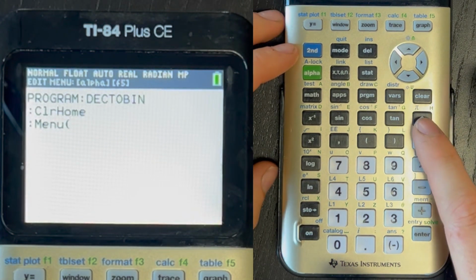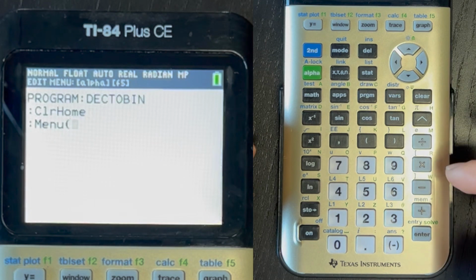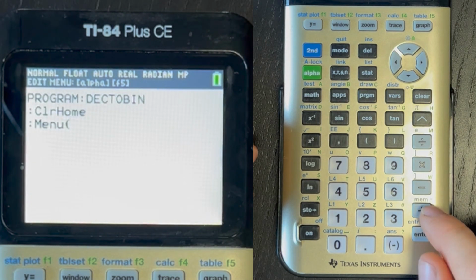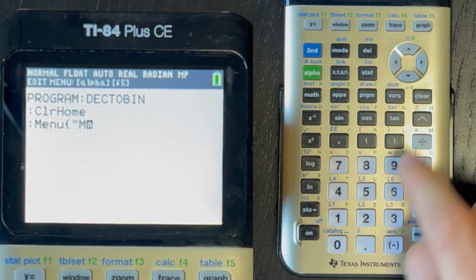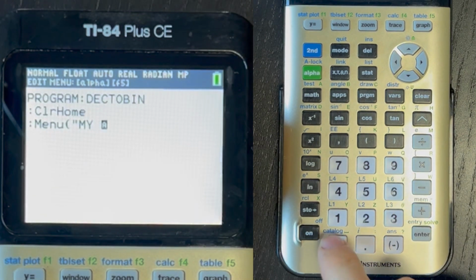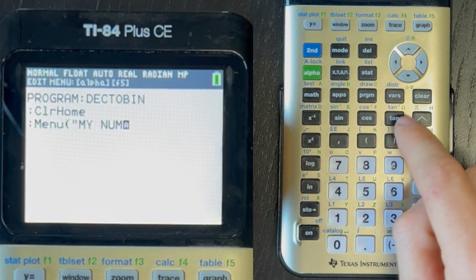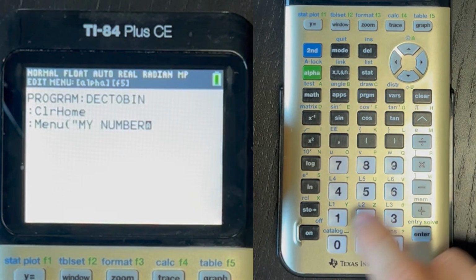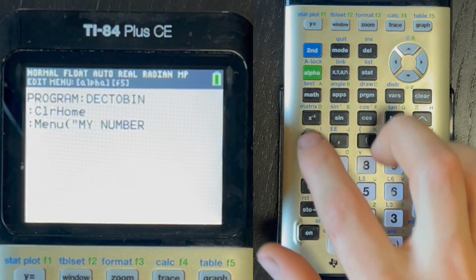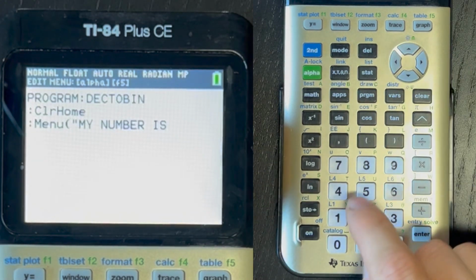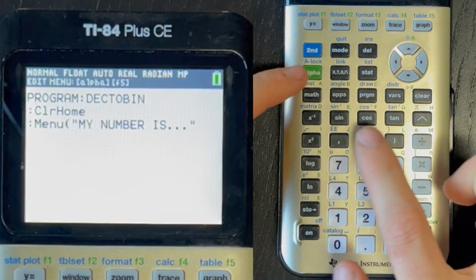That'll just keep the alpha option locked, and then you can just type the letters. So open quotes, MY NUMBER IS, comma,